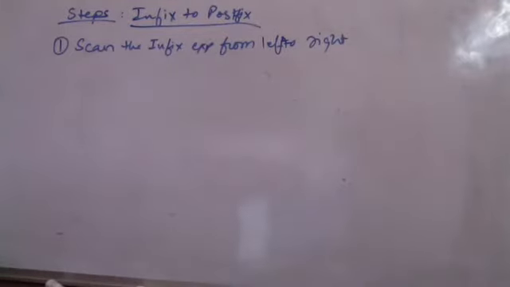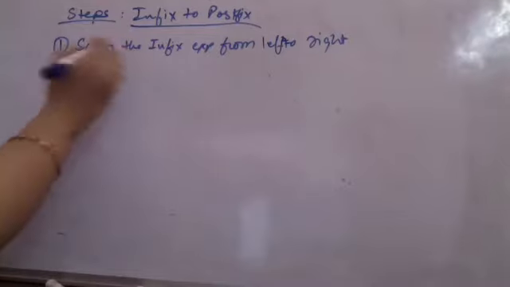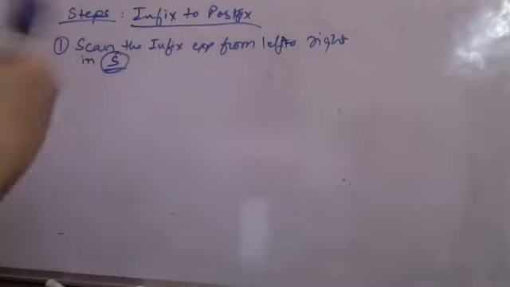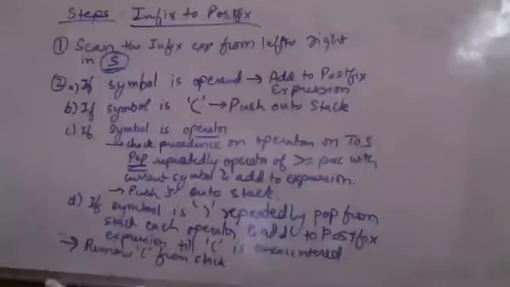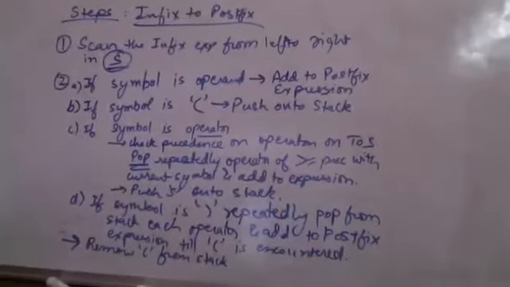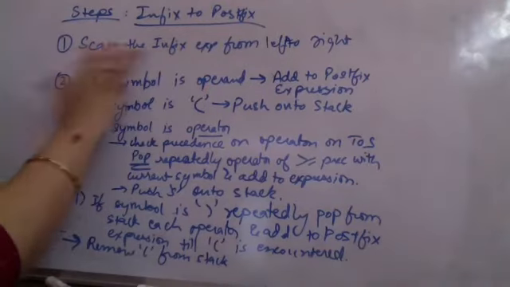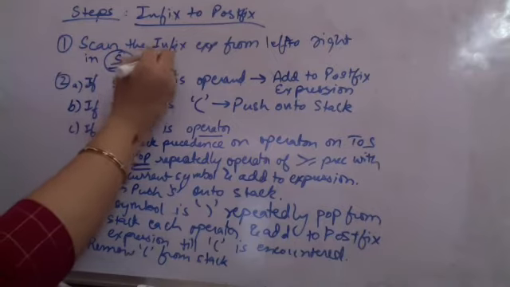After scanning the expression, what you have to do, आपको कोई एक symbol मिलेगा एक बार scan करने से. Supposedly from left to right in S, हर बार एक symbol ले लिया आपने S जिसमें आप scan कर रहे हो repeatedly. अब symbol क्या है उसके according you have to do the work. So when I try to convert an infix expression into a postfix expression, I scan the entire infix expression from left to right, one symbol by one symbol. That one symbol I am storing in S.